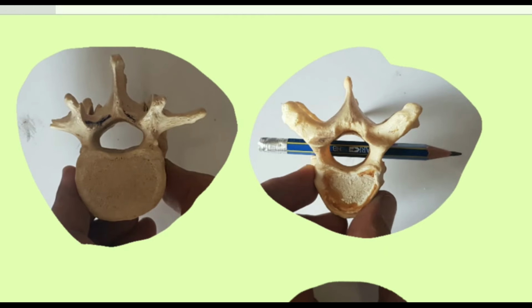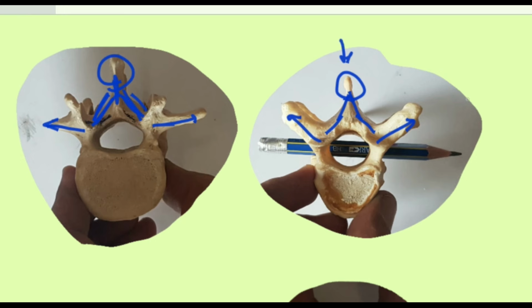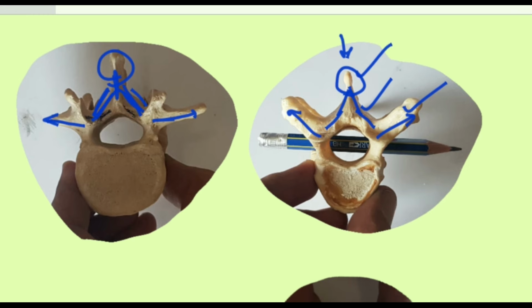We will further explain the parts of the arch. The arch has a transverse process like this, outward. Then the arch has two laminae. You can see the laminae are joined in the center and they form the spine of the vertebra. The two laminae unite in the center to form a single spine. This is the spine of the vertebra. So the parts of the arch are the transverse process, lamina and the spinous process. So this is the general description of a vertebra.